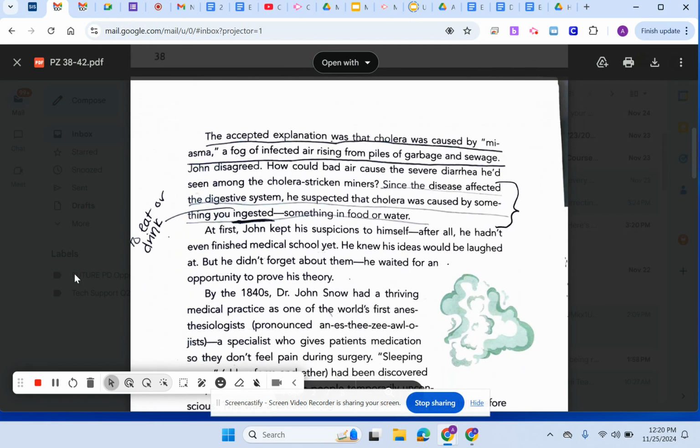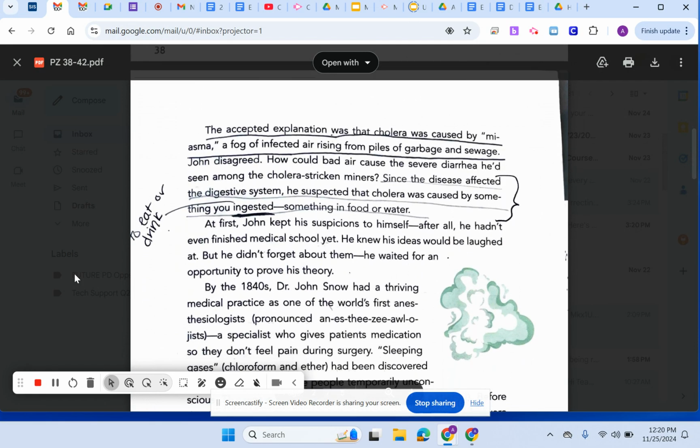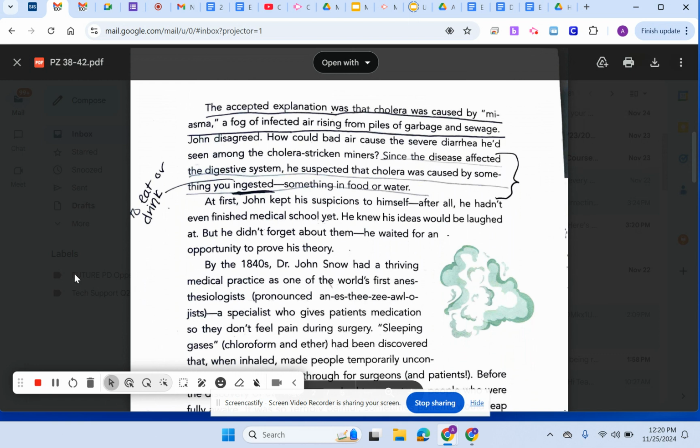Page 39. The accepted explanation was that cholera was caused by miasma, a fog of infected air rising from piles of garbage and sewage. John disagreed. How could bad air cause the severe diarrhea he'd seen among the cholera-stricken miners? Since the disease affected the digestive system, he suspected that cholera was caused by something you ingested, something in food